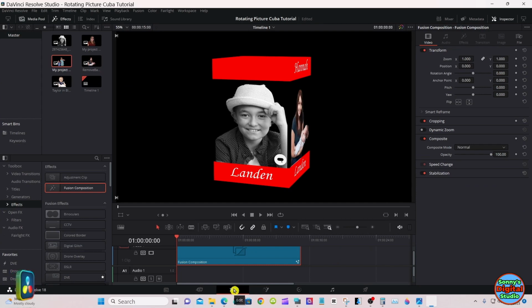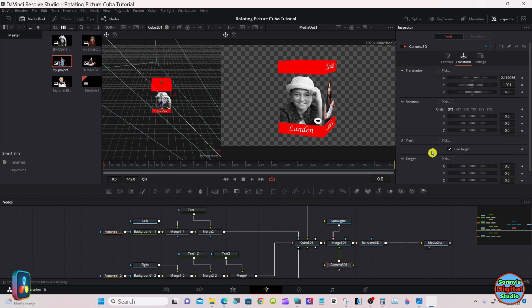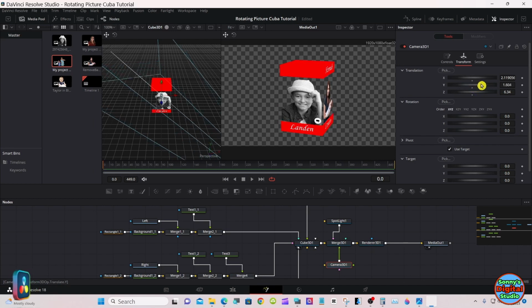Or even a little smaller. I'm going to go with that right there. Maybe raise it up a little bit, so you can see a little more of the top of the cube.